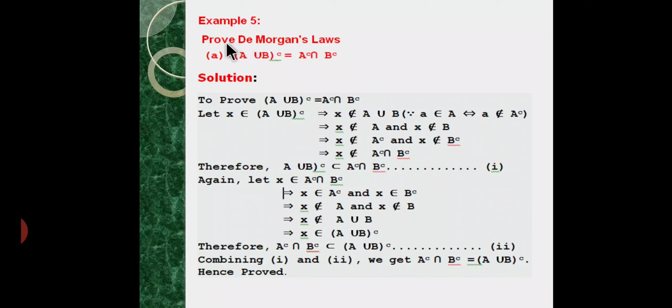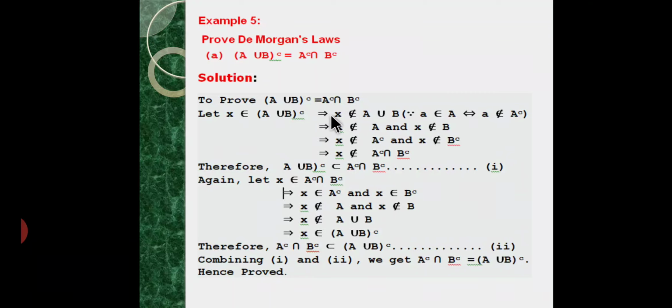So fifth law, De Morgan's law. So what is De Morgan's law? A union B whole complement is equal to A complement intersection B complement. So to prove A union B whole complement is equal to A complement intersection B complement, let X belong to A